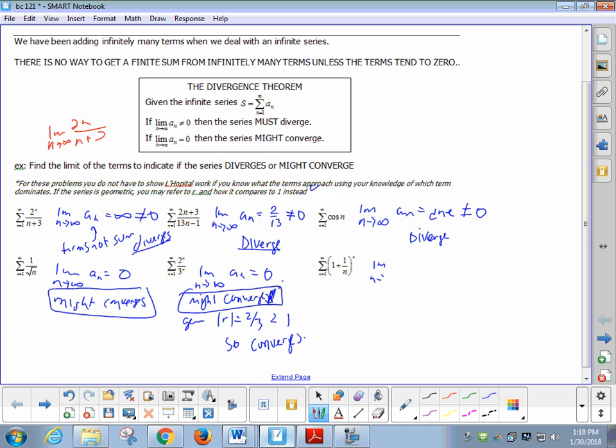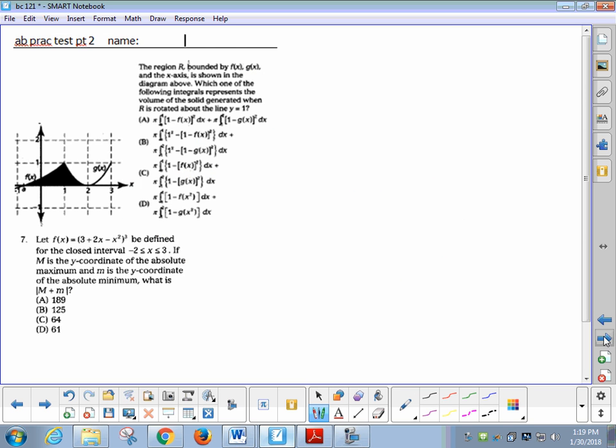The limit of the terms here is e. That is not 0, so it diverges. Okay. Keep in mind, as always, please keep in mind there's a difference between terms and the sum of the terms. Do the terms converge here? Yeah, the terms converge to e. Does the infinite sum of all those terms converge? No, it gets infinitely large. Okay, so there's a big difference. Make sure you have that distinction very clear in your mind.